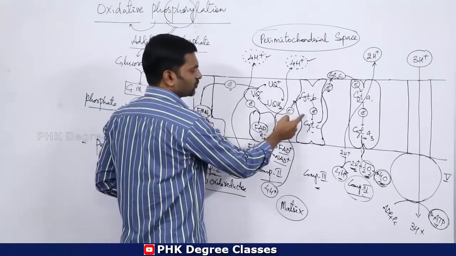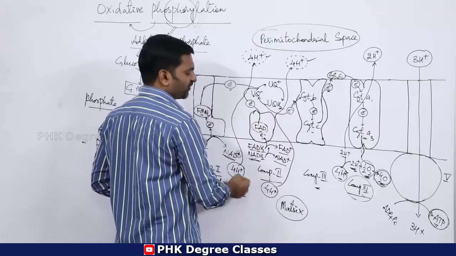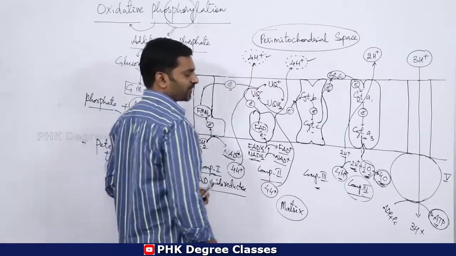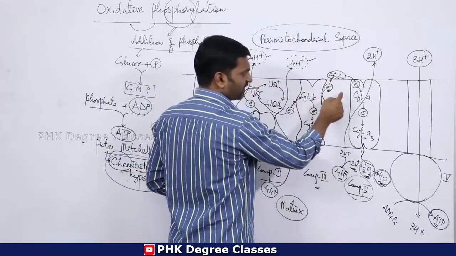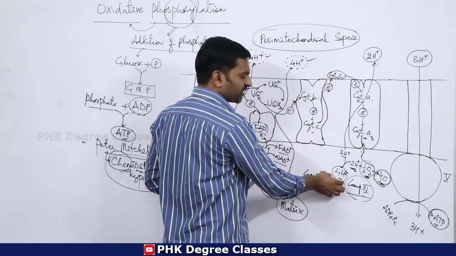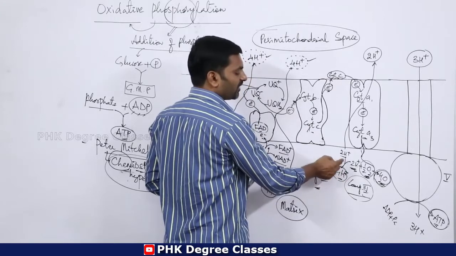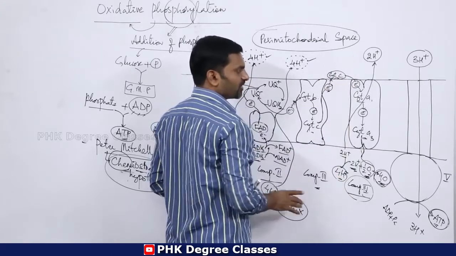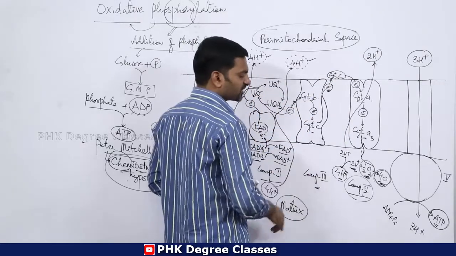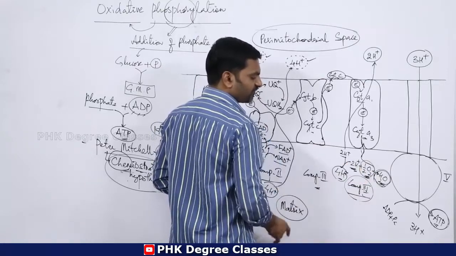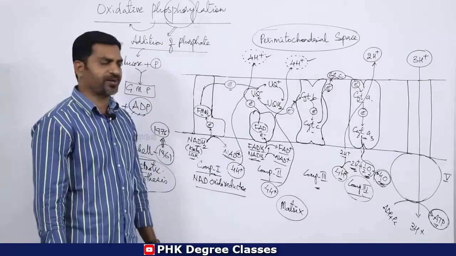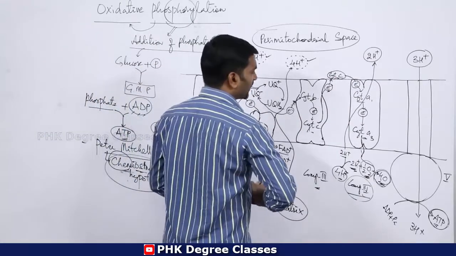Then from complex 2 to ubiquinone, there is another 4 protons which move from the matrix to the perimitochondrial space. Whenever the electrons reach complex 4, 4 protons are moved from the matrix, but there is a small change at this moment. 2 protons are utilized for the formation of water, and the remaining 2 protons move from the matrix to the perimitochondrial space. Clear? The total number of protons,